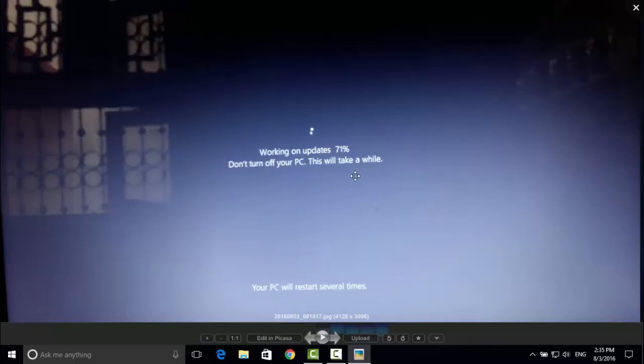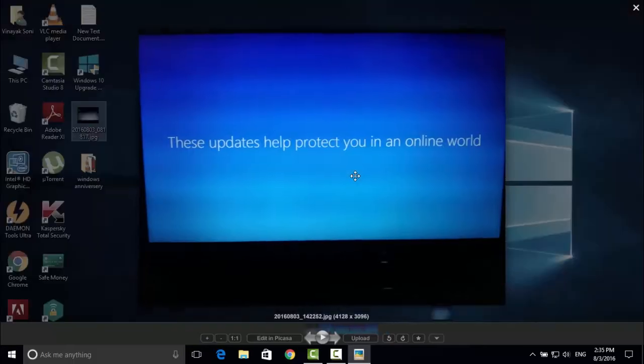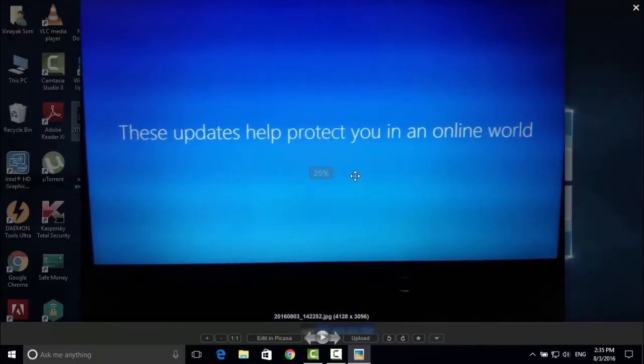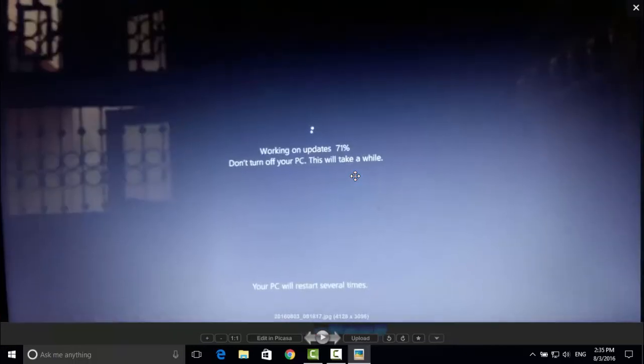And after that the system restarted several times for these updates, and then a new window appears when this window was 100% completed.